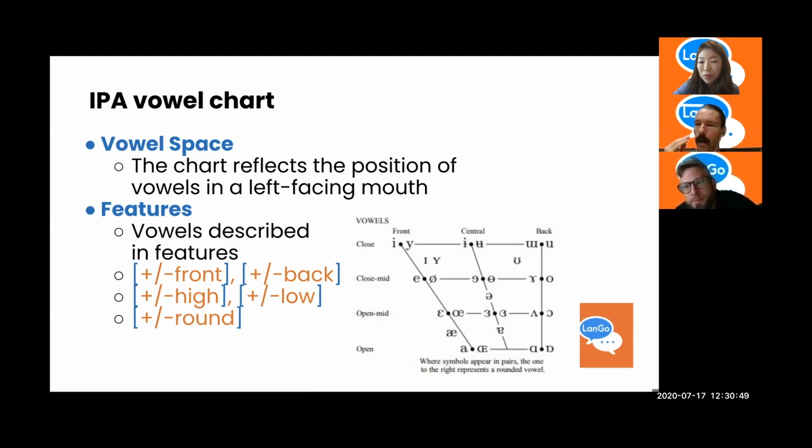Your jaw can be high or low. And front is talking about what your tongue is doing. Is your tongue pointing forward or is it pulled back? That's right. So the jaw height correlates to the height of the vowel, and the tongue frontness or backness correlates to the frontness or backness of the vowel.